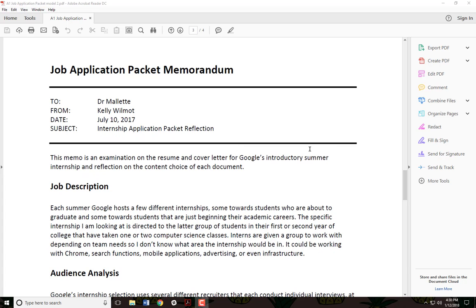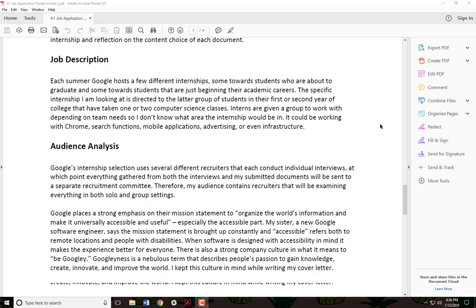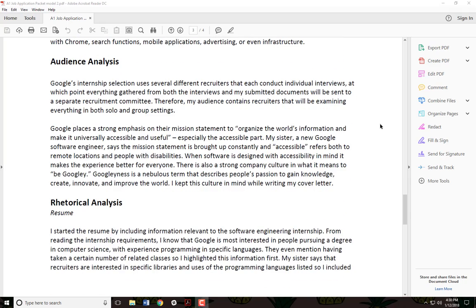His memorandum was one of the strongest, partly because he was very conscious of his rhetorical moves and he was really good about articulating those. So there's two places I want to highlight, which are his audience analysis, and he talks a lot about Google's emphasis or mission. And then he also talks about his contact within the company, his sister, and how she helped him understand that better. Here, this audience analysis does a particularly good job of highlighting what it is that Google